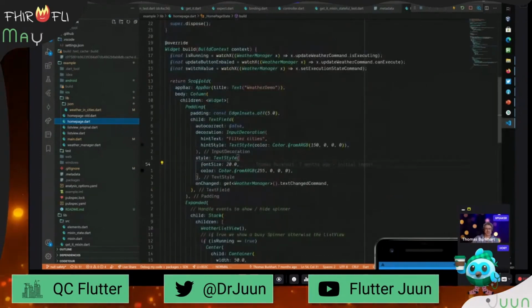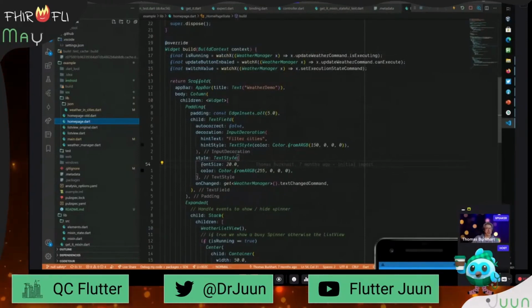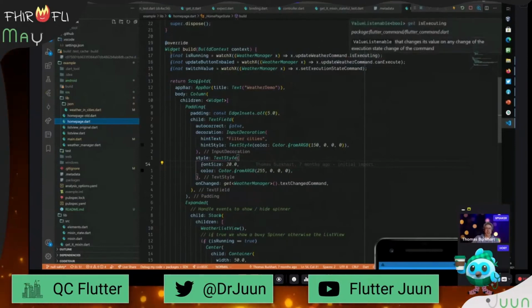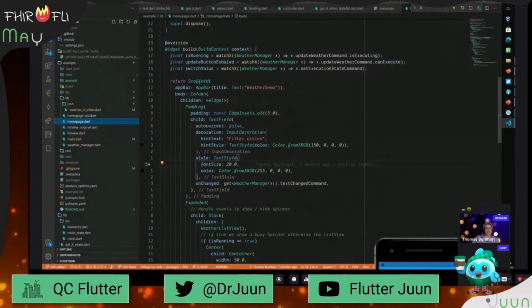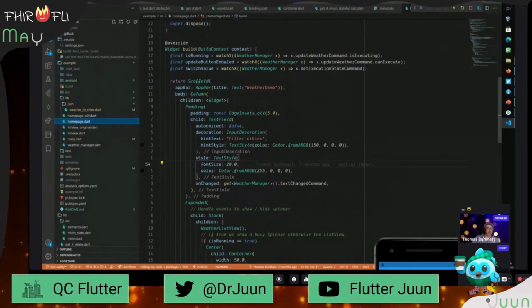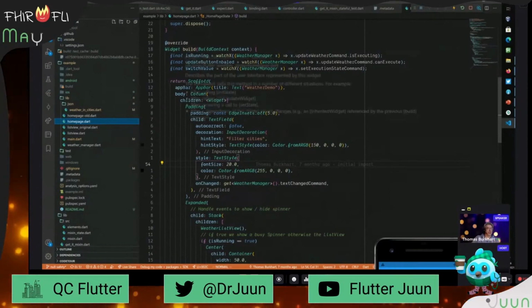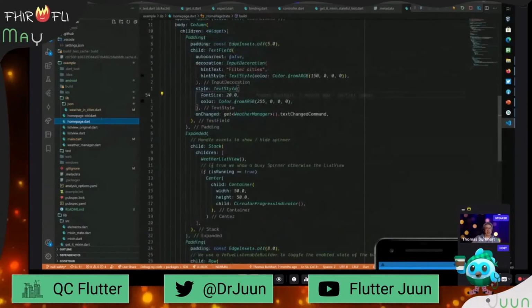And in our build method, with watchX, we watch the isExecuting property. We watch the canExecute, and also the value of the set execution state command, whether we are enabled or disabled, and they are all assigned to local variables at the beginning of the build function, and then we can use them inside our build function. Here, the onChanged in the text box gets the text change command directly assigned,